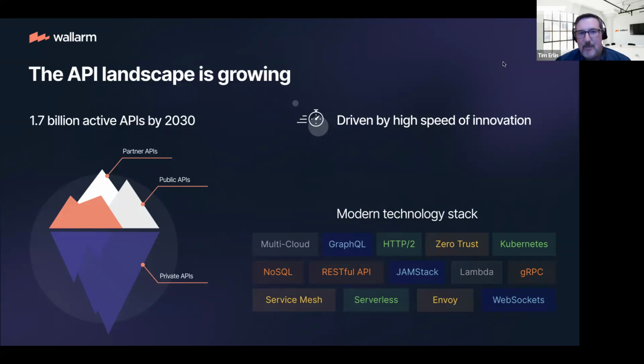1.7 billion active APIs by 2030 is a prediction from Gartner, if I remember correctly. But I think it's important to recognize that those aren't just the public APIs that you're most familiar with. They're also the partner APIs that you might be consuming or sharing. They're also the private APIs that continue to explode inside the organization, connecting different parts of the organization to each other, providing integration. I just love the iceberg analogy,